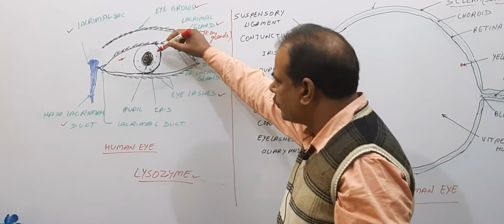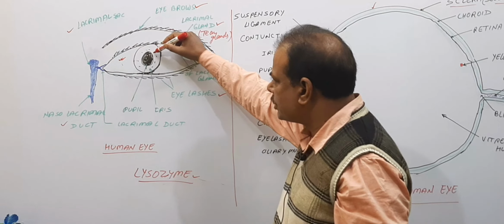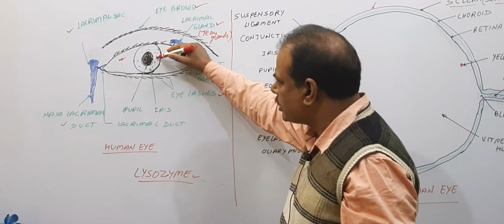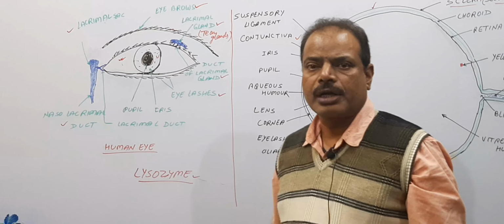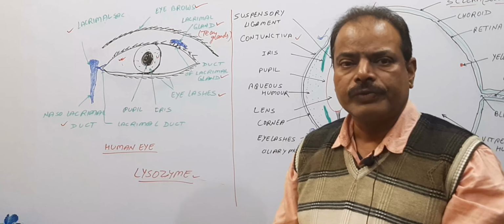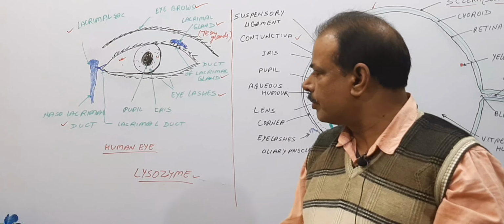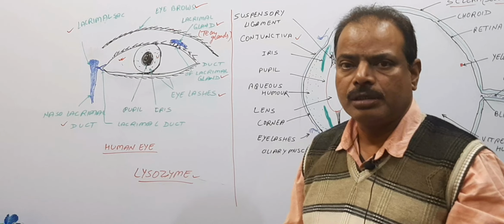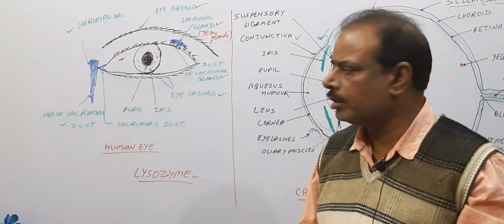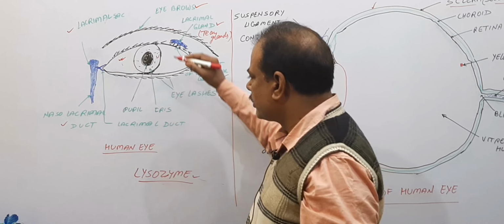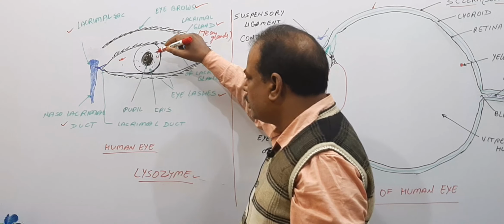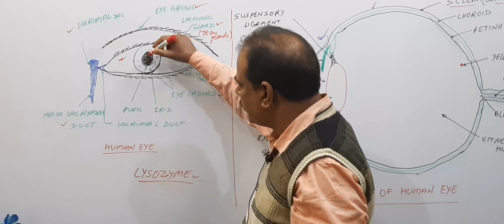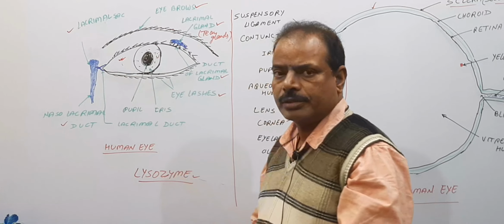Here you can see these two structures. Here it is iris. So iris is the colored part of our eye actually, and on the basis of the color of iris, the human eye color may be blue, black or brown. So our eye color is based on the color of iris actually, and in the middle of the iris